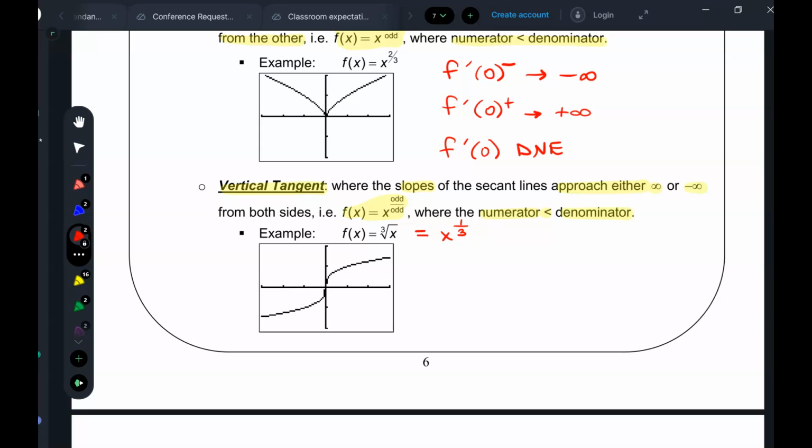Yes? Can we know just by looking at the function, for the last two examples? Yep, that's what I want you to do. So the derivative from the left,